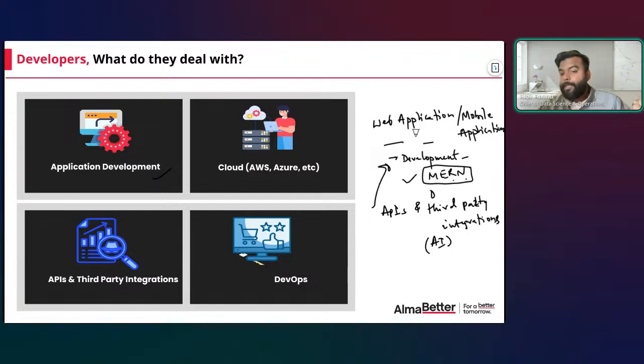So your application, this is where developers are involved. They write the code, then they integrate, connect with APIs of different third-party applications, like payment gateways, email sending for marketing, etc. Then next is your cloud. You will be storing your data in the cloud. You should know how to store the data in databases and how to get the data from databases. That's the work of the backend.